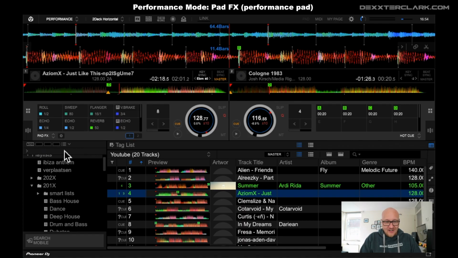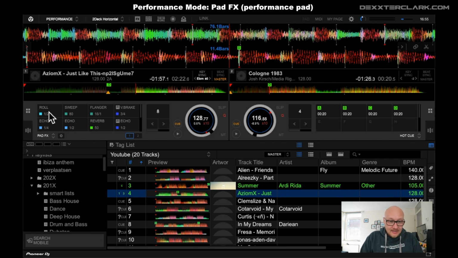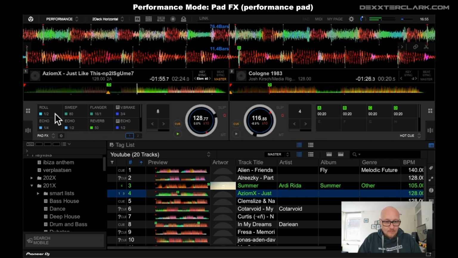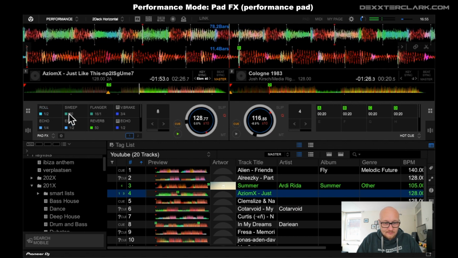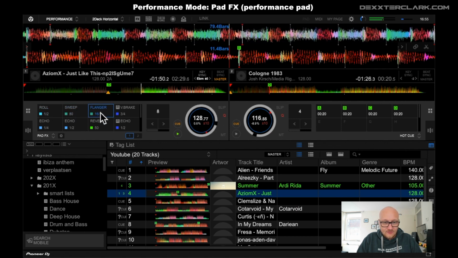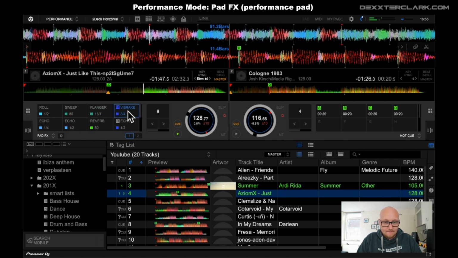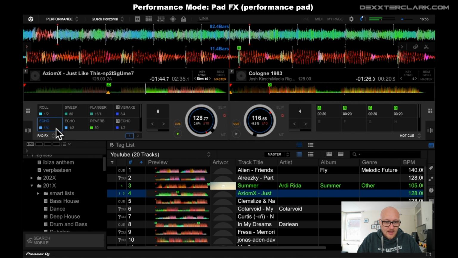Let's go to Pad FX. You can add extra effects when you are playing a song, for example: the roll, the sweep, the flanger, the break, the echo and the reverb. When we play a song and we click on these buttons over here, then it will execute that effect. For example, I play. When I do a roll, sweep, flanger, break, echo,